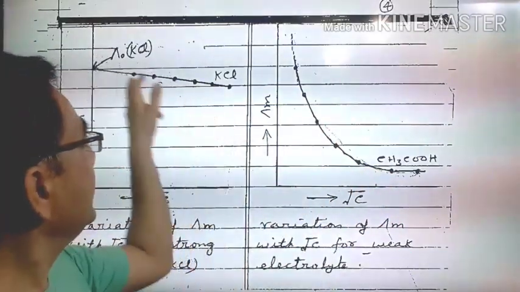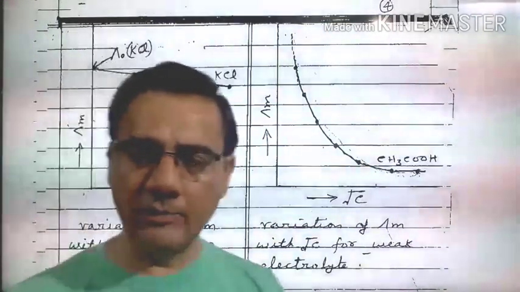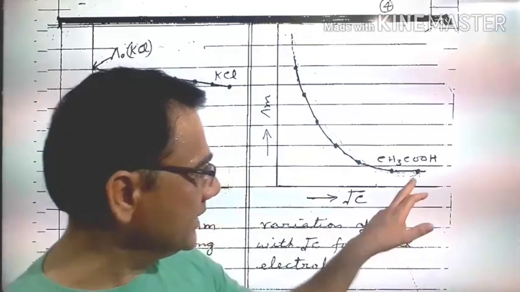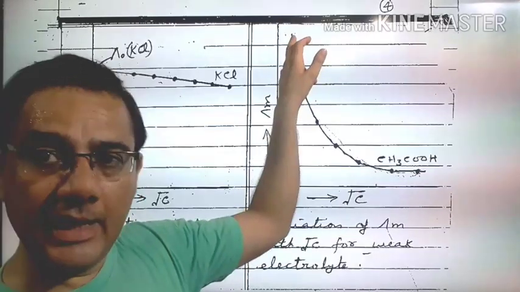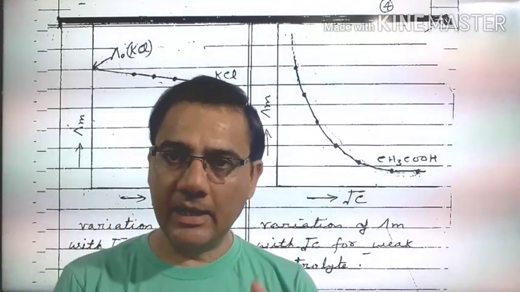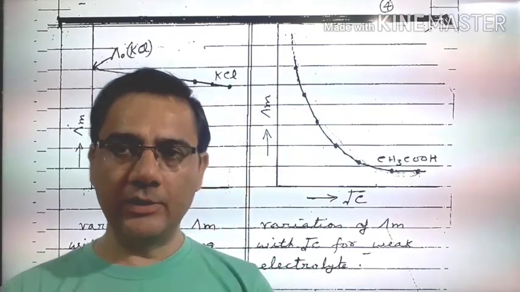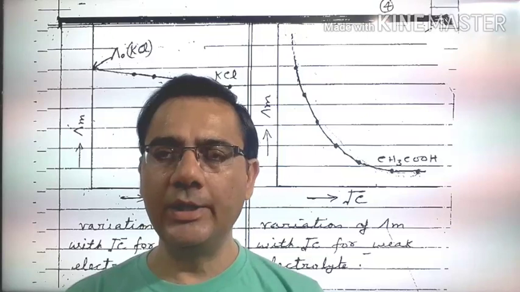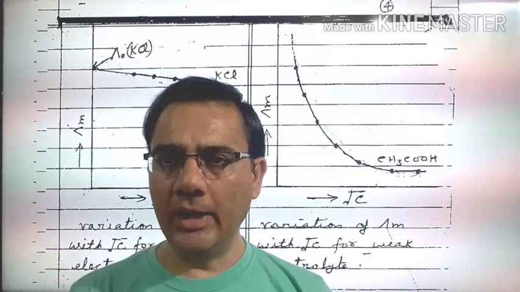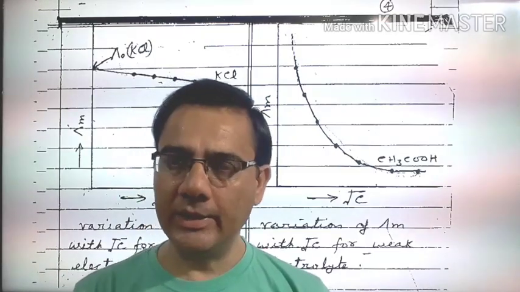And here it comes linear straight, and only a little difference we get from the initial value and to the final value. But here it starts from here and slowly it increases, and finally at the last when it reaches, then 100% dissociation is not possible in case of weak electrolyte. Since it is a weak electrolyte, so on maximum dilution also it is not necessary for this electrolyte to dissociate 100%. और ऐसे में इनकी जो लिमिटिंग मोलर कंडक्टिविटी है वो हम लोग डायरेक्ट मेथड से कैलकुलेट नहीं कर सकते.